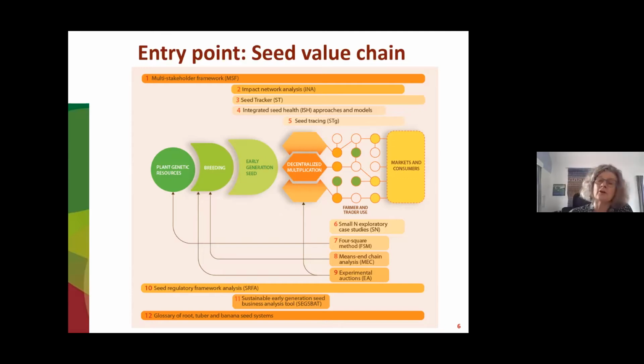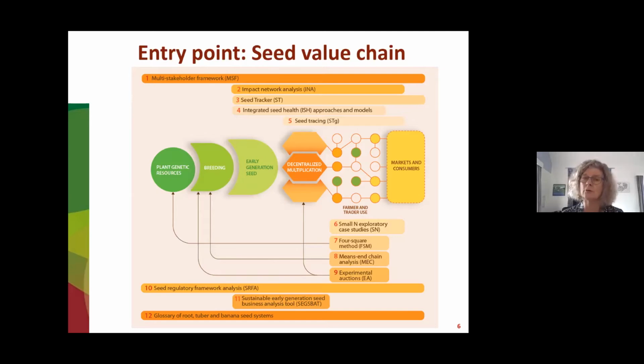So here we've got a diagram of the seed value chain from plant genetic resources through to early generation seed production, decentralized multiplication, farmer and trader use, which is perhaps more in the informal system for our RTB crops, and then eventually to markets and consumers. Now, some of the tools can be used across the whole of the value chain, and one in particular, which